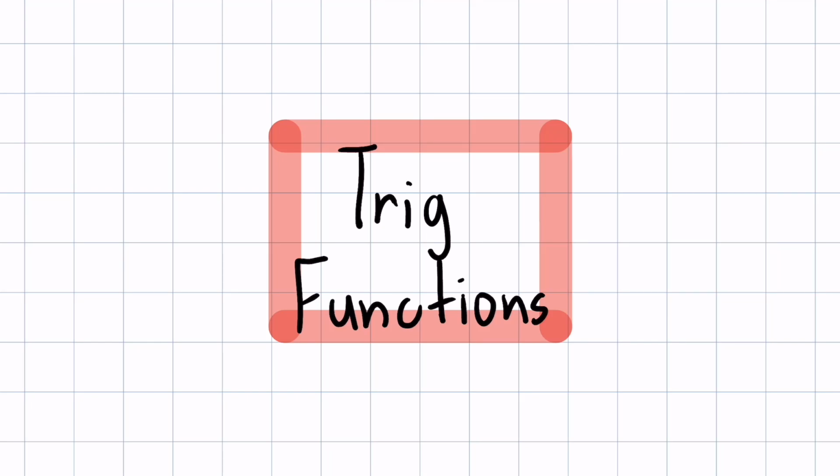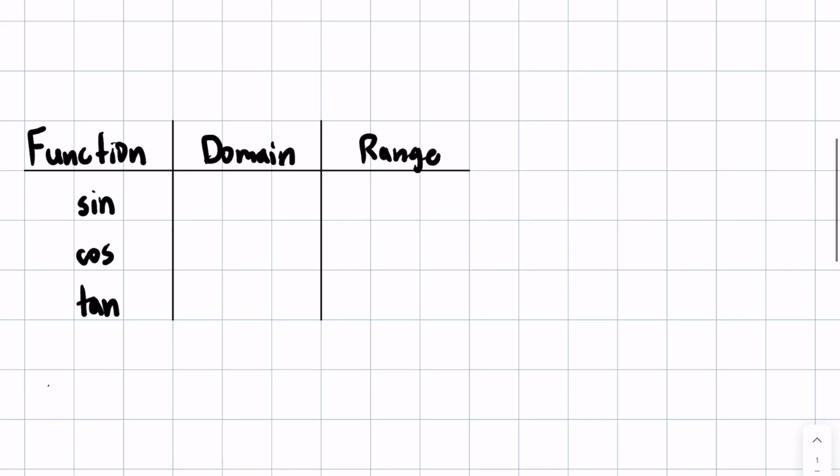So today we are going over trig functions. We're still in the pre-calculus review section of my Calculus 1 playlist. So basically the first thing we're going to talk about is just the domain and range of sine, cosine, and tangent. We're not going to go over the domain and range for their reciprocals, cosecant, secant, and cotangent. That was just never something that mattered when I took calculus or when I TA'd calculus, so we're going to